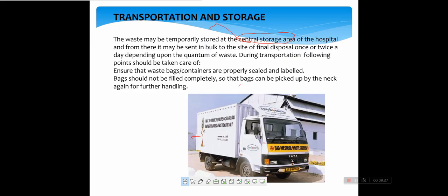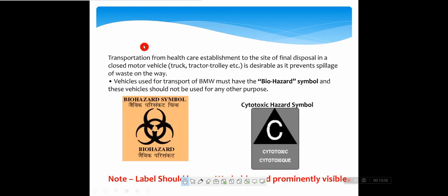During transportation the following points should be taken care of. Firstly, the bags and containers are properly sealed and labeled. Second, the bag should not be filled completely. If the bag is filled completely, then there is a chance of breakage or some spillage on the way. So it's better to keep it half filled. Then the waste is taken to the site of final disposal